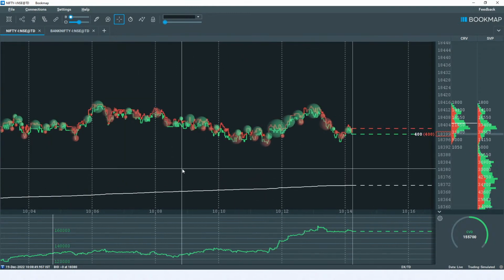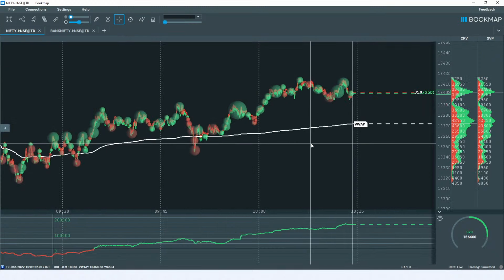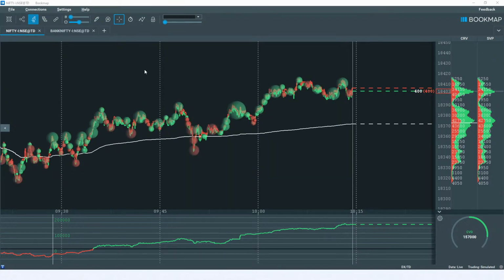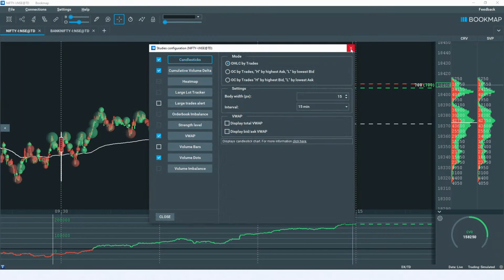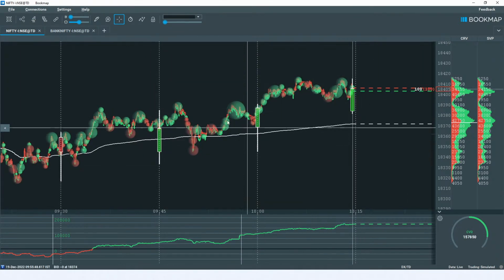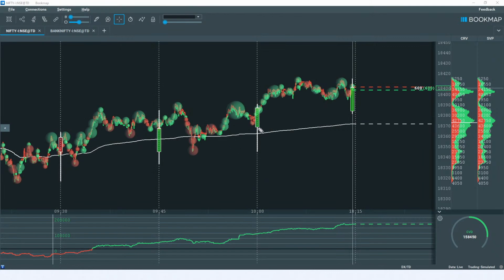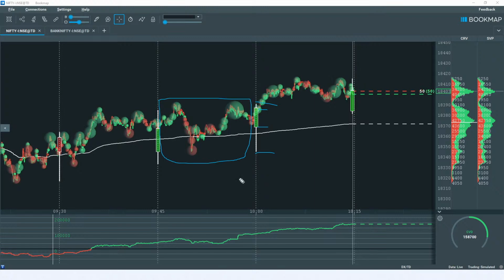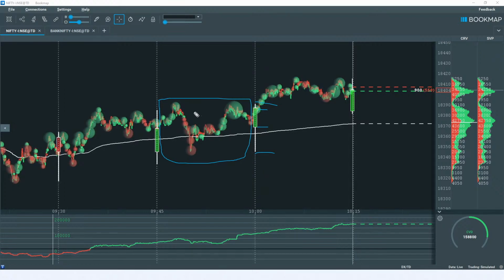The brilliant part of it is that it shows the price structure, or the demand and supply structure, within the candle. If I enable the candle, you'll be able to notice it. So I have enabled 15-minute candlestick charts over here. In a candlestick, we are only able to see open, close, high and low. But what happened within that? What happened within this entire framework is what we will be able to see within this particular candlestick by using the BBO indicator. In simple words, it's a supply and demand indicator which shows the structure